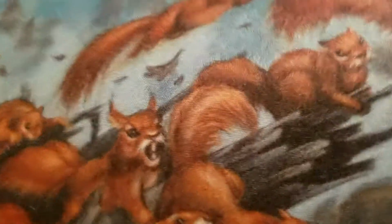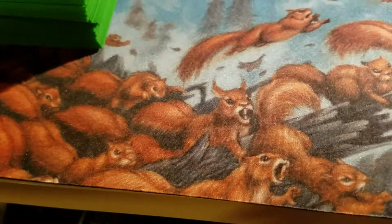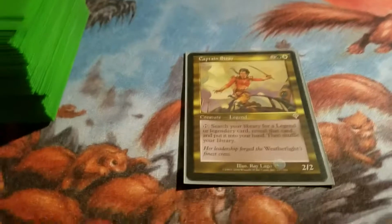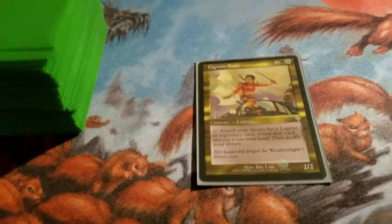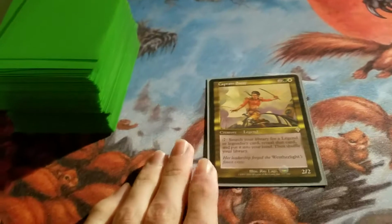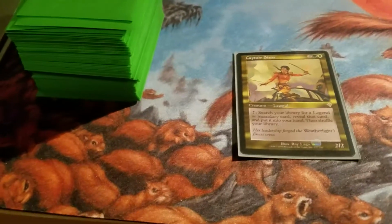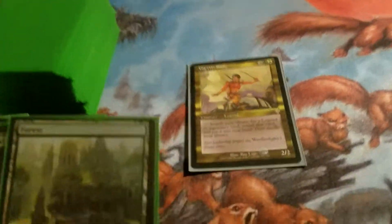And then the other thing is lands. Never buy lands, and this goes for any card game or any deck building. When you're building a deck, either your first deck or you're building for Pauper or something else, go with the core. Do not buy the lands. And I know this is true because look,